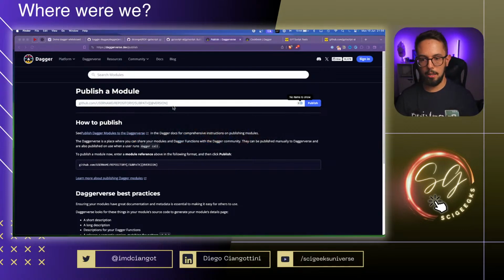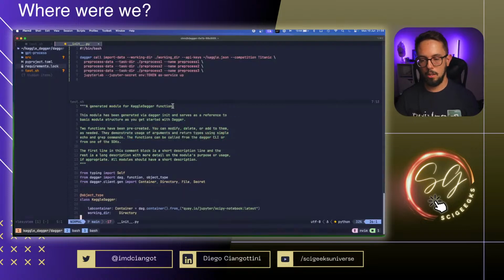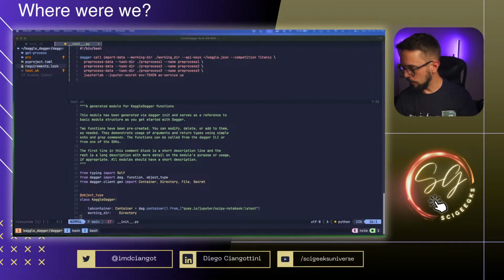So I'm going to put the repository where I save files, and I send you also the version in the chat. So this is the module that I pushed before,